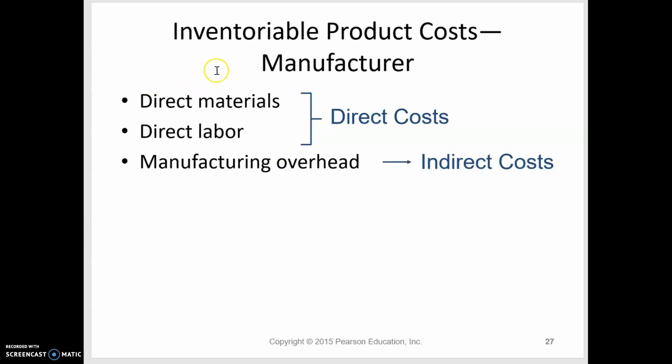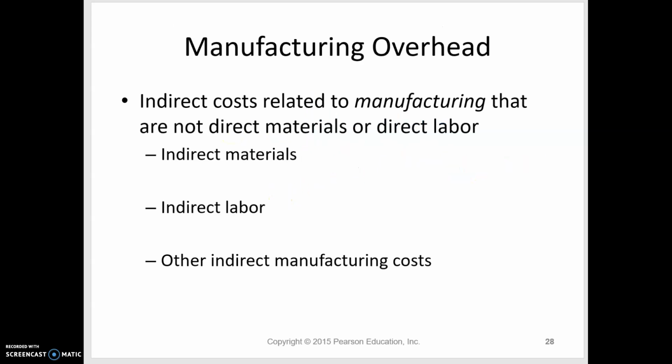And so our product costs, our direct costs would be direct materials and direct labor. Our indirect costs are considered manufacturing overhead. So our manufacturing overhead, right, are the costs that we can't directly trace to the product, but they're part of the manufacturing process. So anything that has to do with the plant, okay, other than direct materials and direct labor,